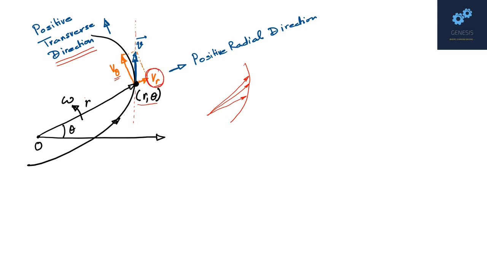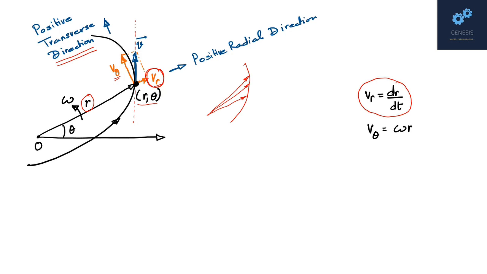Then the particle would have moved in a straight line, increasing or decreasing only this coordinate r. Therefore, Vr is responsible for only stretching or compressing the length of the position vector,